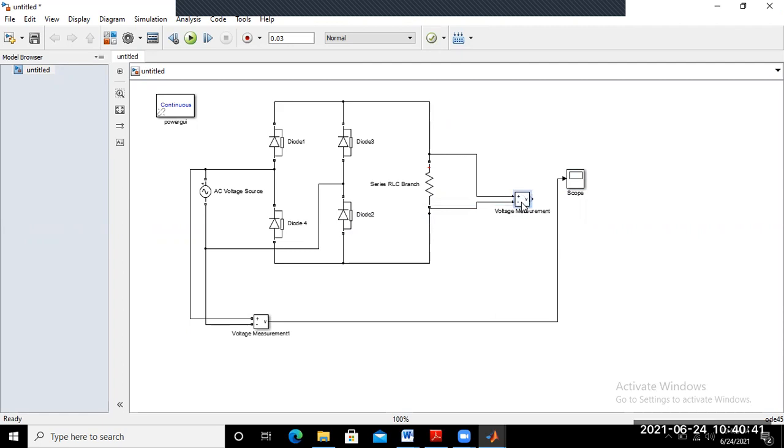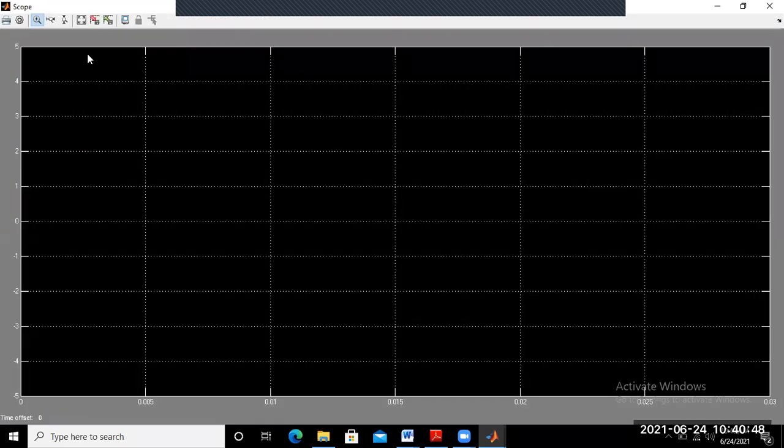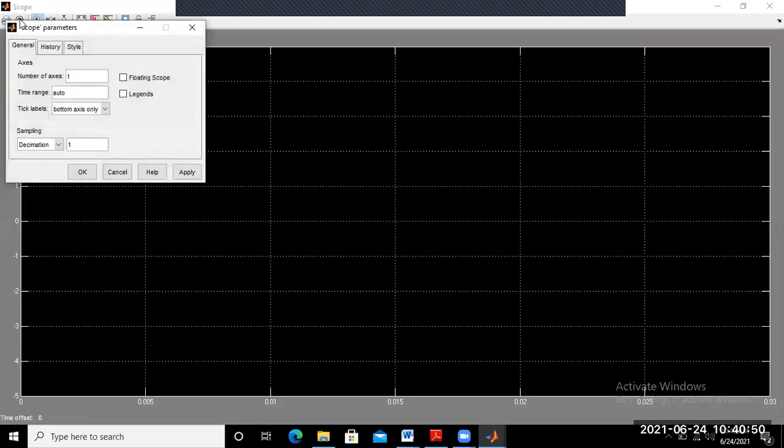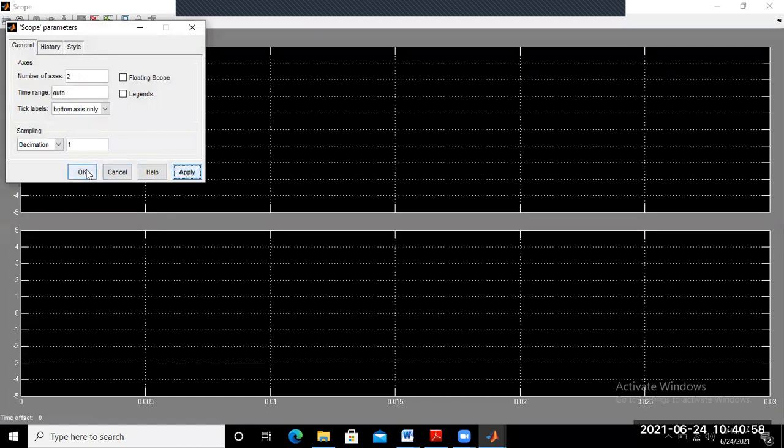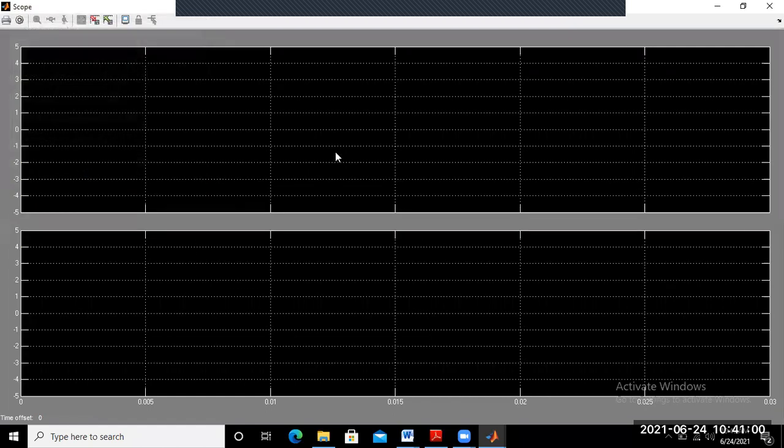And from this part we can again set the number of axes, suppose 2, apply and OK. So we can change the number of axes according to our requirement.